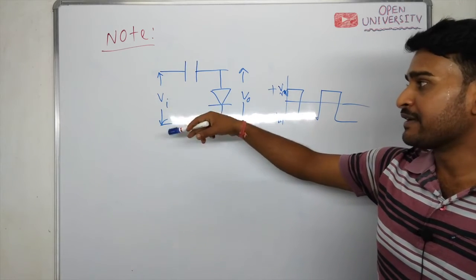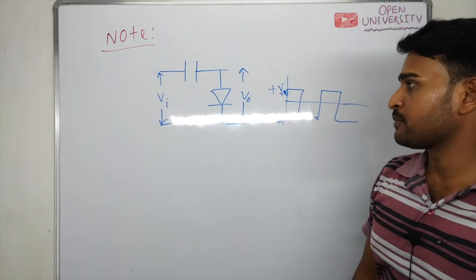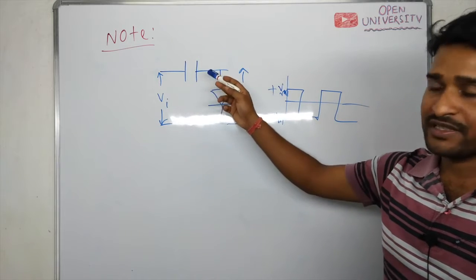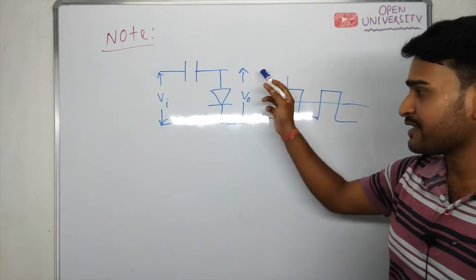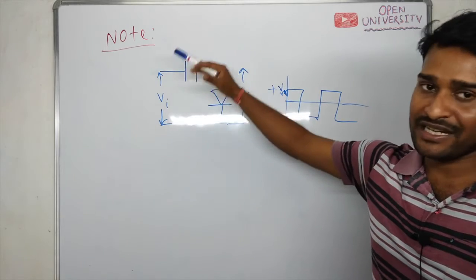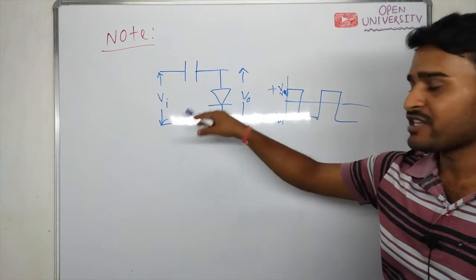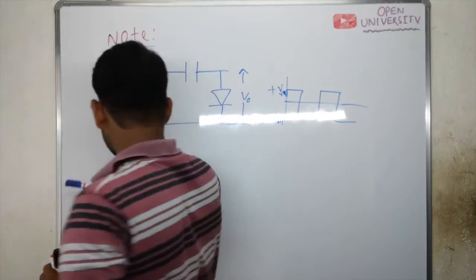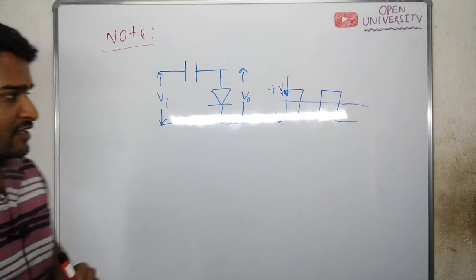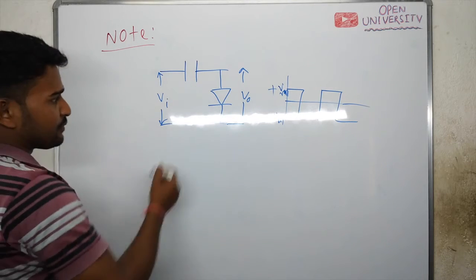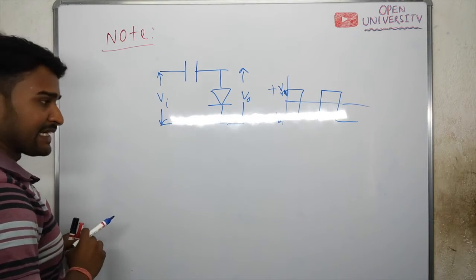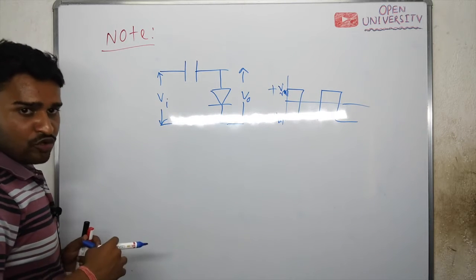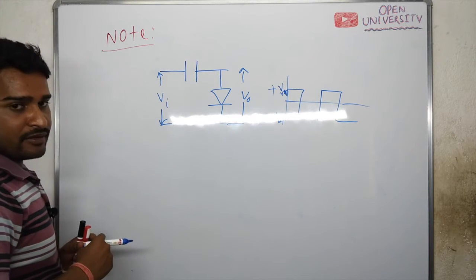If you give higher and higher input voltage, the capacitor voltage will increase. But since there is no discharge path present, the capacitor voltage cannot decrease. So it will not respond to decrease in input voltage. This is the disadvantage. This circuit will respond only to increase in input voltage, but not to decrease in input voltage, because the capacitor voltage will not reduce.